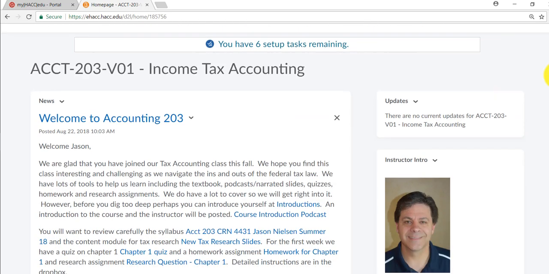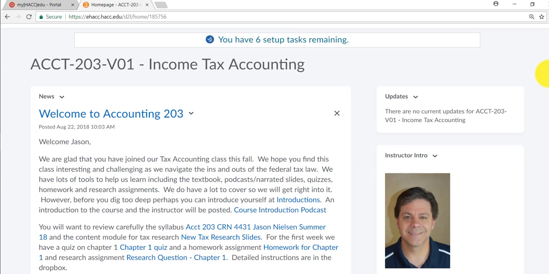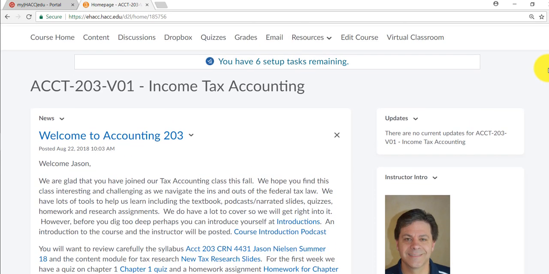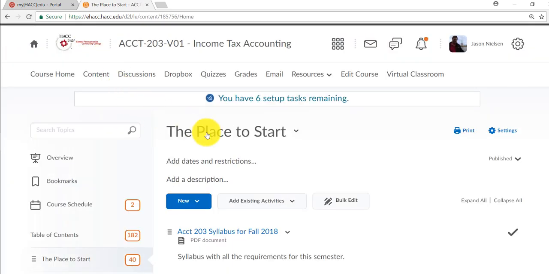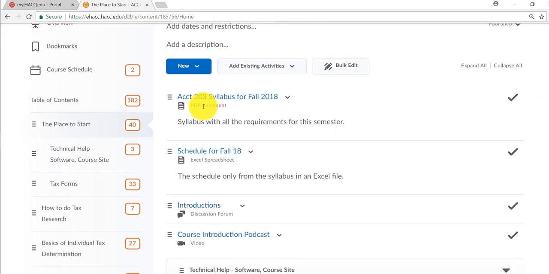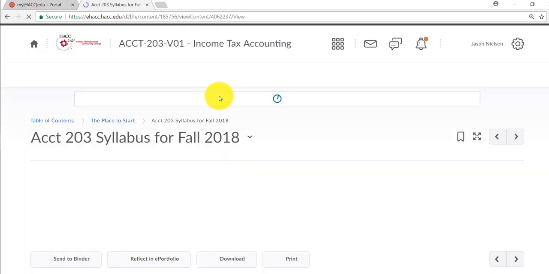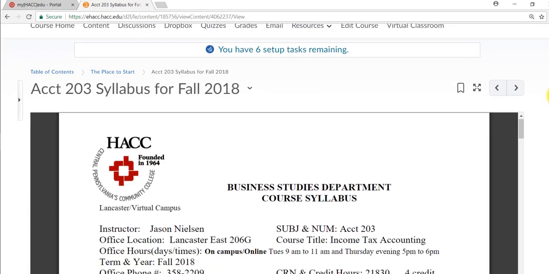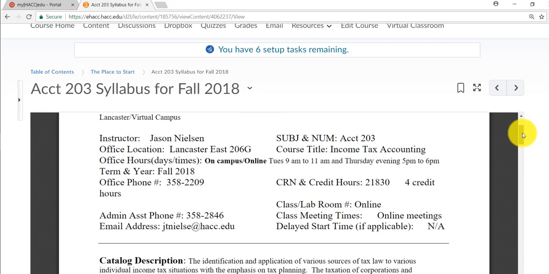Okay. So I want to just tell you about the types of assignments. Everything that you are going to be asked to do is on our syllabus, and that is in the content under the place to start, and then you have the syllabus for this fall. I also put the schedule. The schedule is in the syllabus, but this is just the schedule as an Excel document if that makes it easier for you. And your syllabus shows like this: information, my name Jason Nielsen,